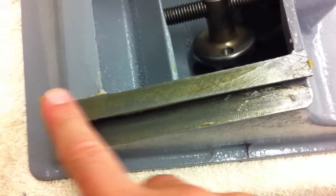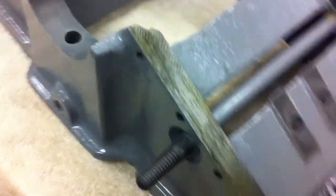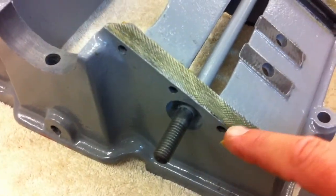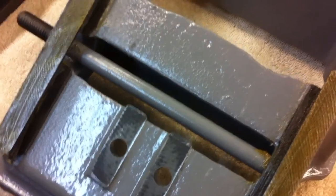I got some grease on these. Should be ready to go back together. You can see the gib goes on this side. You can see the screws for it. We put the gibs on here. Hopefully you can just slide these tables on,